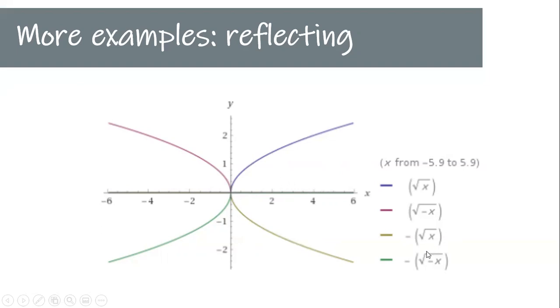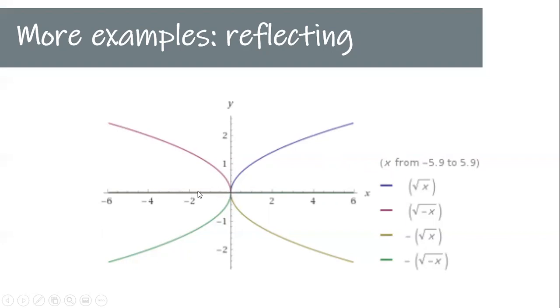So we would do negative x, f of negative x. So we would do the square root of negative x. We're going to flip it by doing the square root of negative x. And remember, a square root of a negative number isn't defined on the real number scale. So since it's not defined over here,